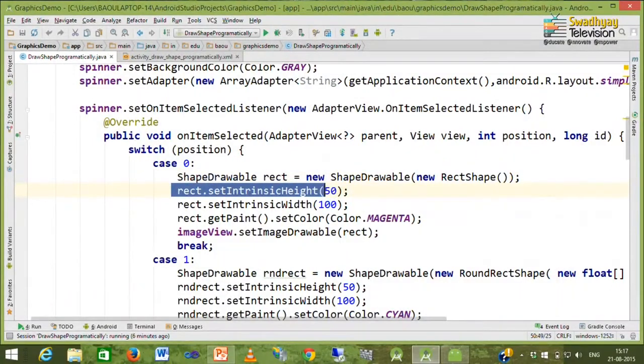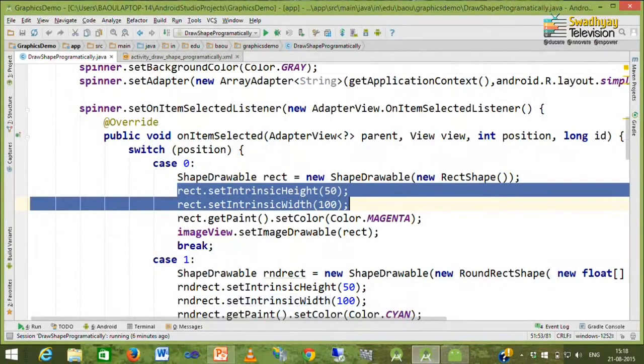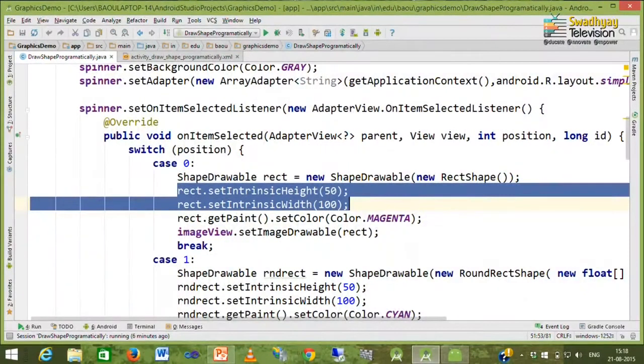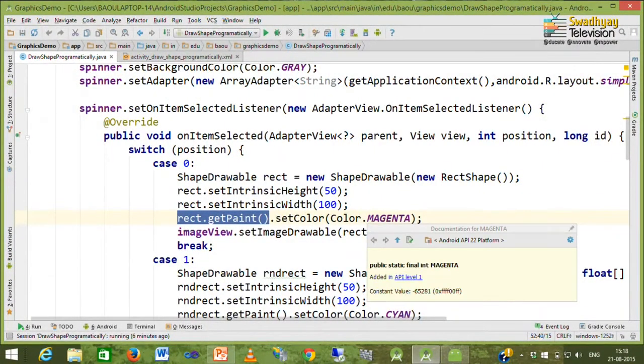Next we specify height and width for our rectangle. So our height is 50 pixels and width is 100 pixels. How to specify the color to be filled for this rectangle? Here I call the rect.getPaint method, which returns a Paint object, and we call the setColor method of the Paint object to set the color for the rectangle, and in our case this color is magenta.